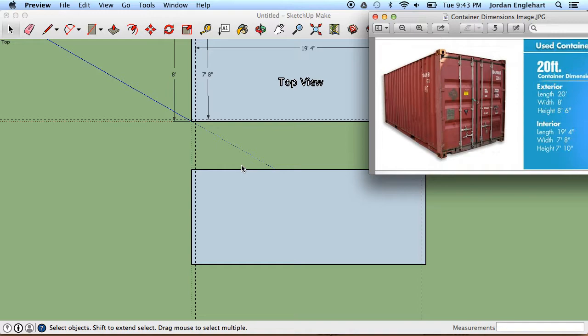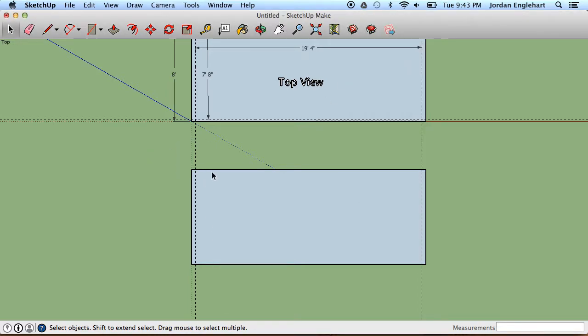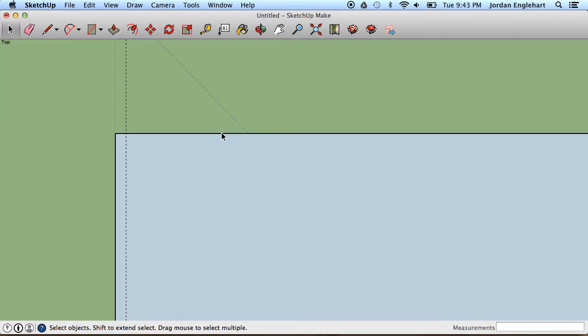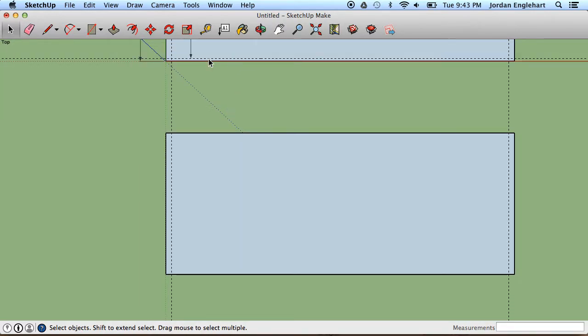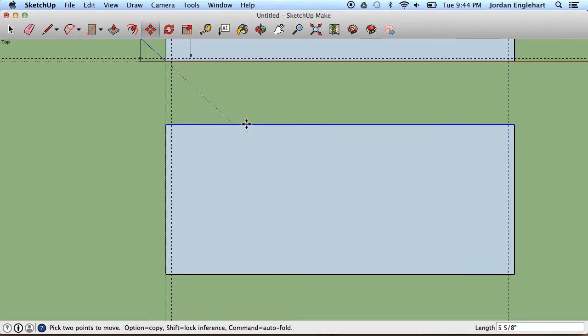So probably the easiest way for me to do that is, I know that this thing being in the front, we're looking at the height of it, it's got to be 6 inches taller than what this is. This is at 8 feet. I need it to be at 8'6". So I can actually just select this one line. See how that one line is blue? I can move it, and I'm just going to type in 6 inches,